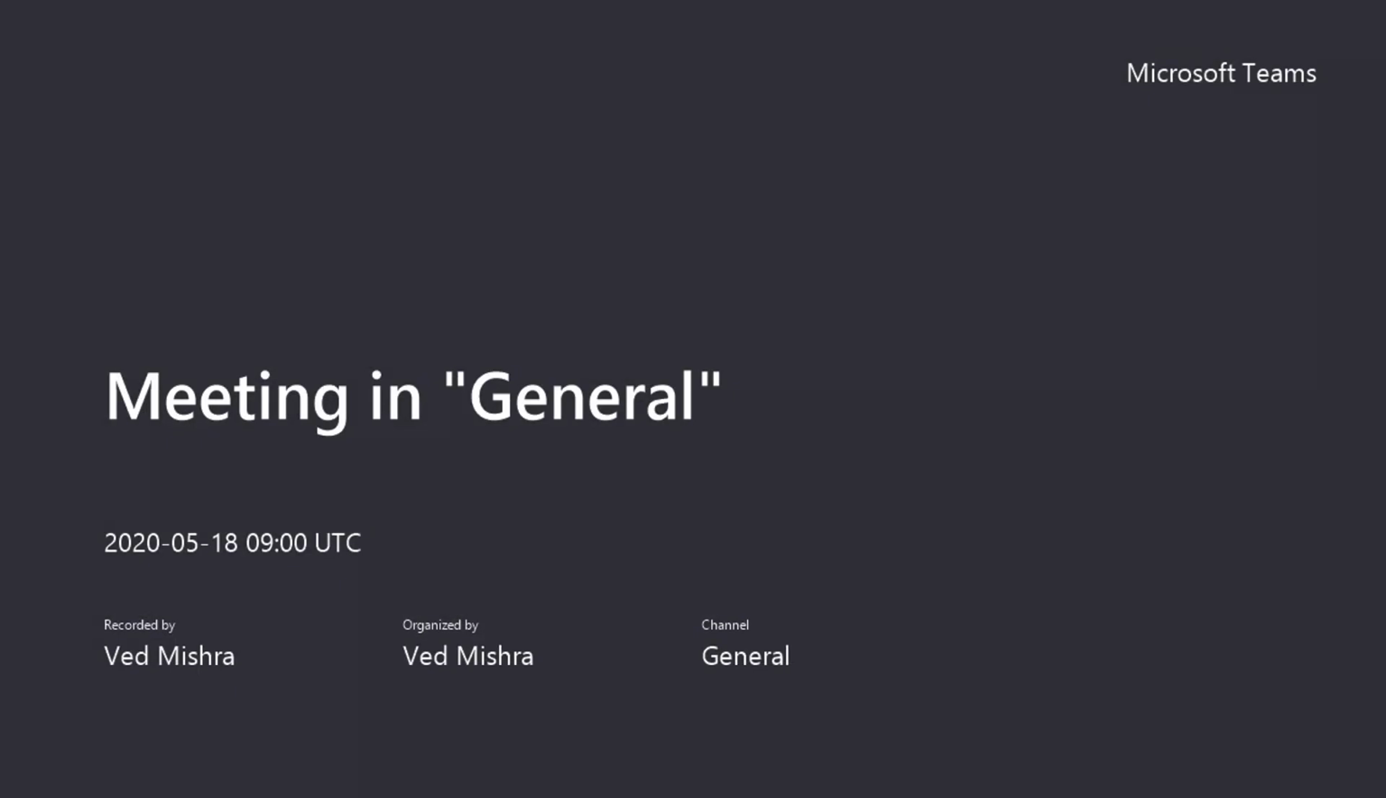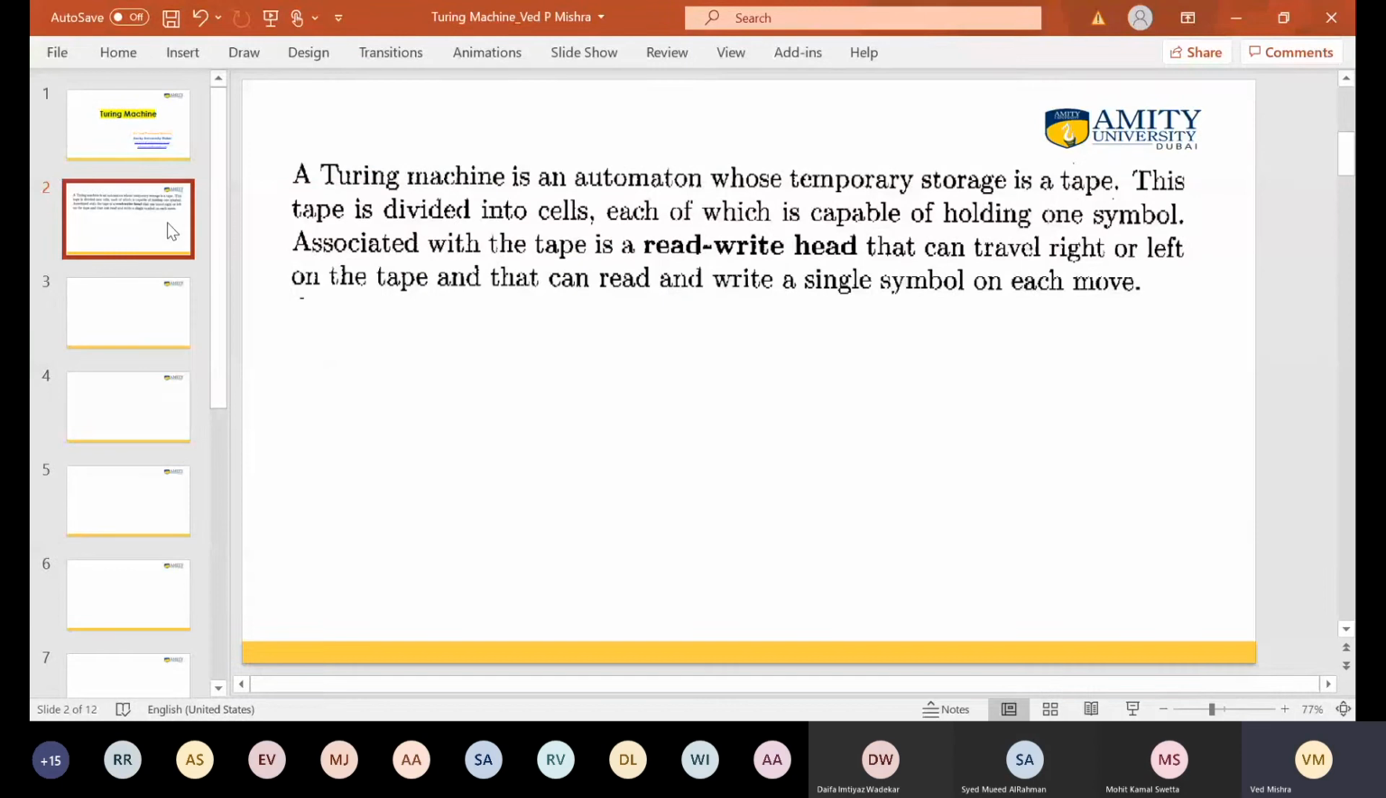A Turing machine is an automaton whose temporary storage is a tape. This tape is divided into cells, each of which is capable of holding one symbol associated with the tape. There is a read-write head that can travel right or left on the tape, and that can read and write a single symbol on each move. Anyway, I know with the definition the first time you might not understand, but you should know